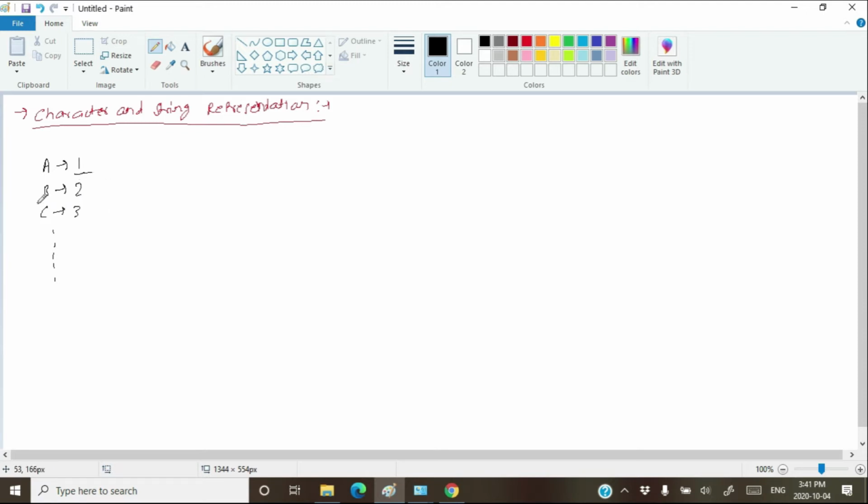And whenever I have to store the character B, I will store the binary of 2. This is how, by assigning a number to the character, we can store the character as binary in the computer. Because the computer can only understand binary. We cannot store anything else in the computer. So characters can be assigned numbers, and the binary of those numbers will be stored instead of characters. That's how a computer stores characters.